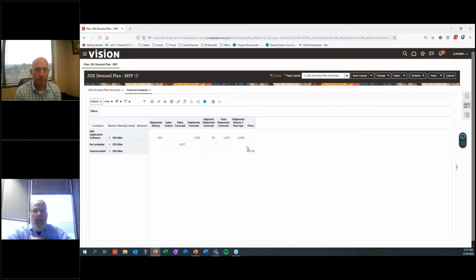As a user, as a demand planner, I can come in and I can create the columns of data that I want to see here, which Oracle calls measures. I can see, in this case, for this particular item and time period, that this is the shipment history. Do I have any sales orders logged against it? I also can see additional